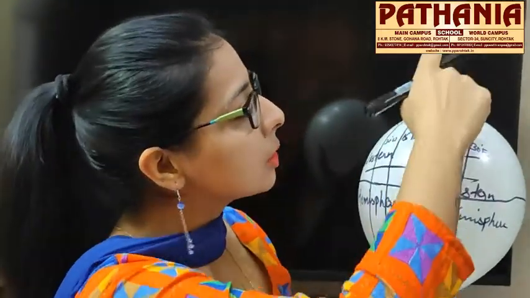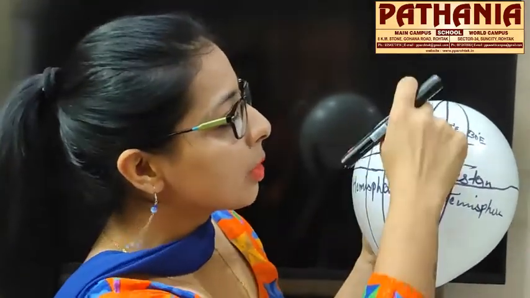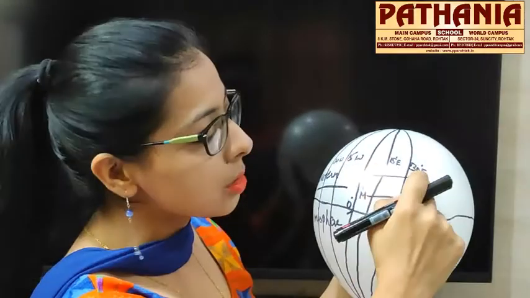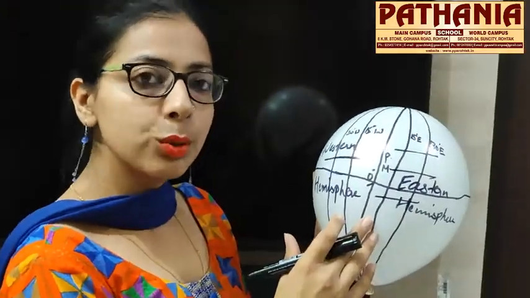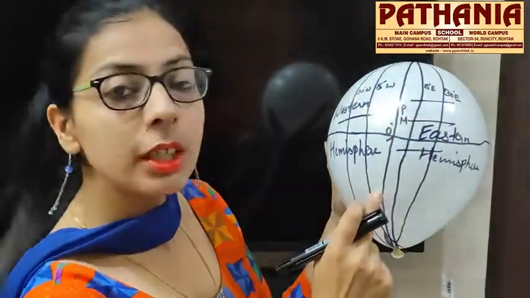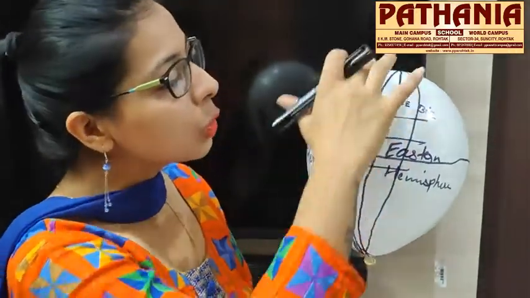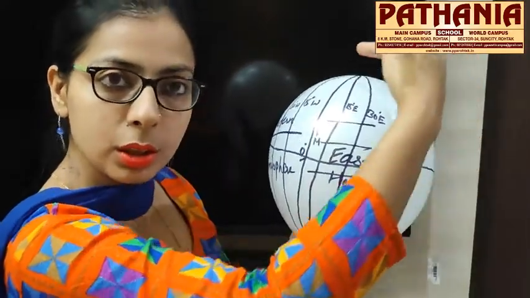Here is the line at the center, which connects the north pole and south pole. This is my prime meridian, which is 0 degree, and here I have some longitudes in the eastern hemisphere: this is 15 degree east, 30 degree east. Here you can see 15 degree west and 30 degree west, so this is my western hemisphere. I told you this is my prime meridian and it divides the earth into two hemispheres. But if the earth is a sphere, this single line cannot divide it, right? How will it divide here and there? So there will be a complete circle that divides.